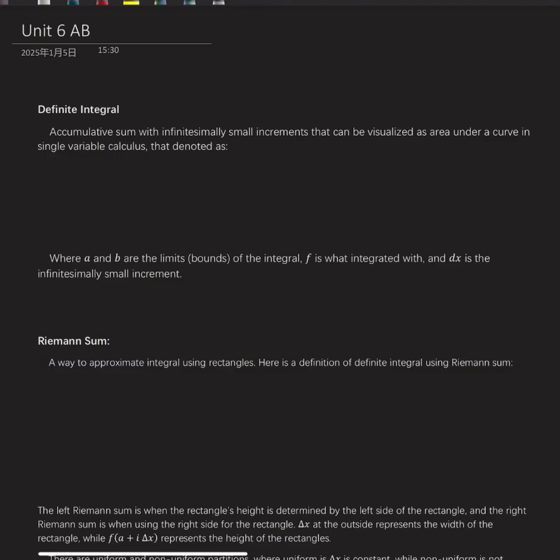It's an accumulative sum with infinitesimally small increments that can be visualized as the area under a curve in single variable calculus. That's denoted as the integral. It looks like an S from a to b, and you have a function f that you're integrating with respect to x. So this dx is the small increment, and this whole thing here can be represented as a